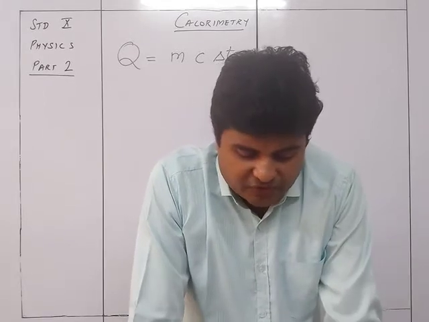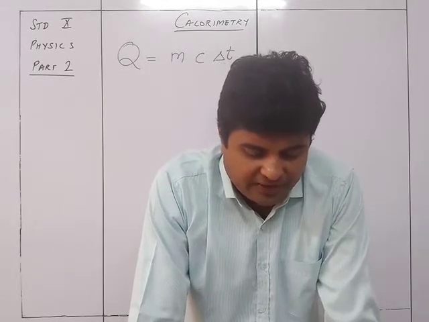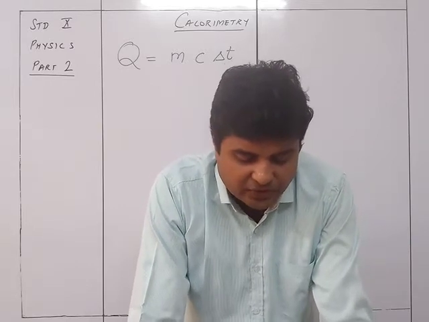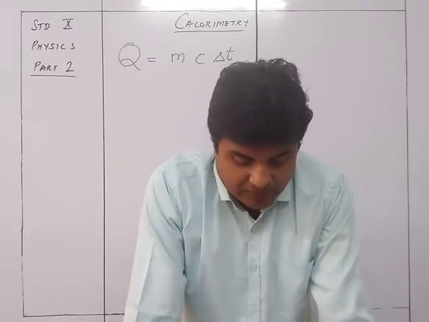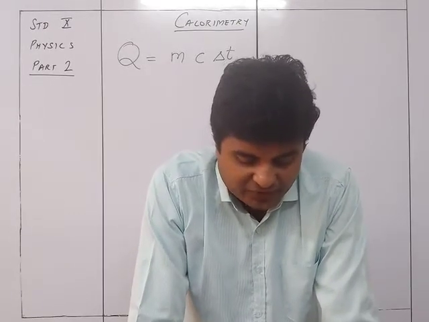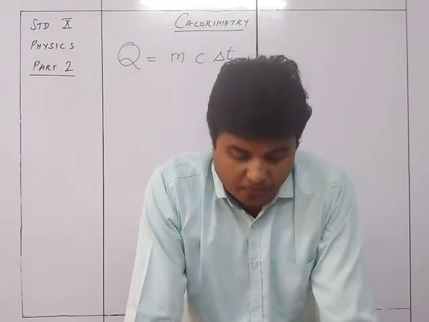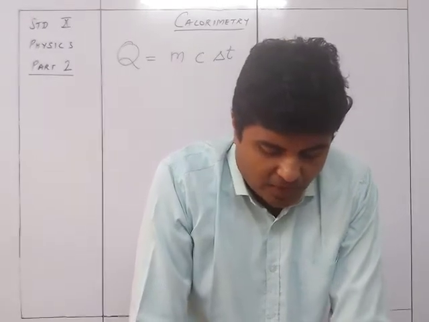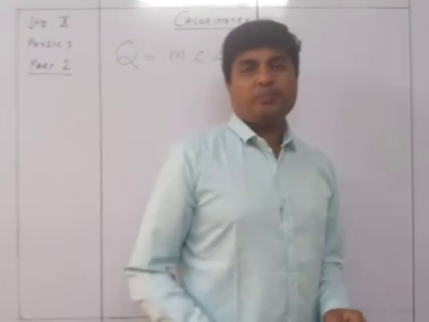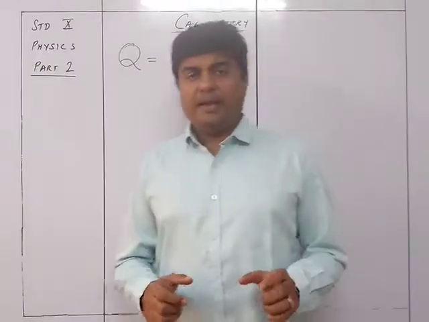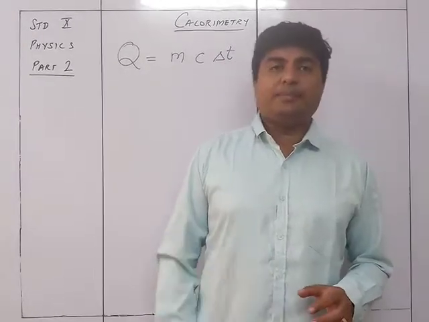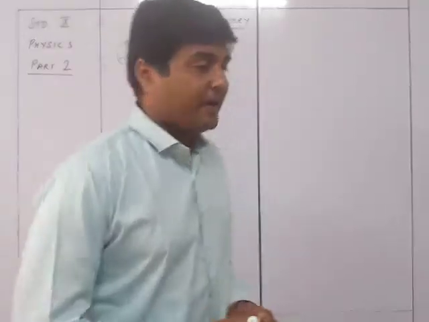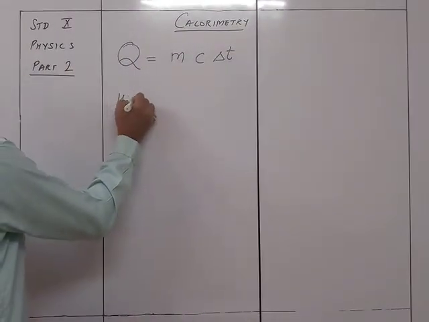From our everyday experience, we find that different bodies require different amounts of heat energy for an equal rise in temperature. This property of the body is expressed in terms of its thermal or heat capacity. The heat capacity of a body is defined as follows. The heat capacity of a body is the amount of heat energy required to raise its temperature by 1 degree Celsius. So, if I have a body and I need to increase its temperature by 1 degree Celsius, then that amount of heat energy which I am imparting to it is called the heat capacity.